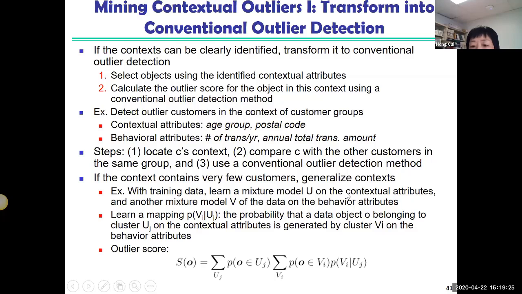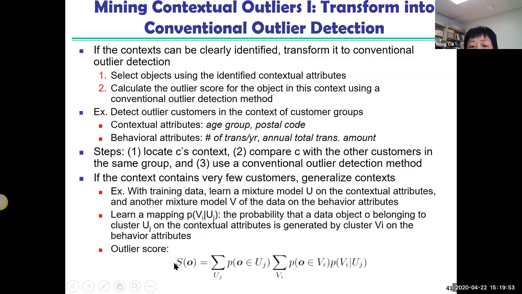Behavior attributes and contextual attributes, we defined earlier. In the temperature example, the behavior attribute is the temperature. The contextual attribute could be Tucson, summer. And then we can learn a mapping: given this context, what's the probability for us to see this behavior. And then we can put this together and